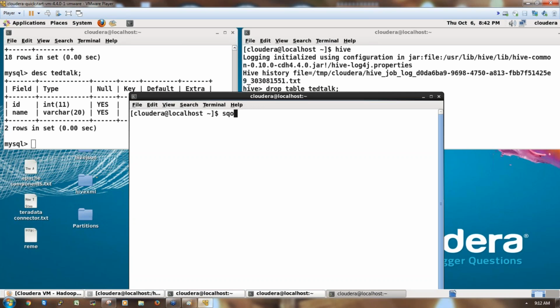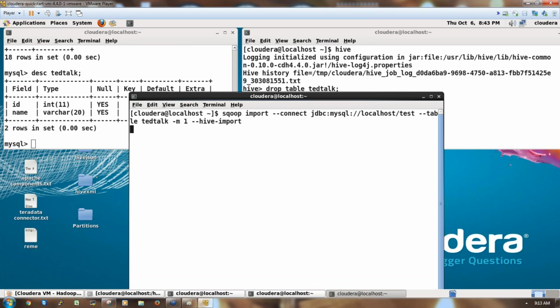So here I'm writing Sqoop, then import. Then write the connection string, connect jdbc:mysql://localhost, the database name is test, and the table name is data talk. Okay, the number of mappers I want is 1, and I want to perform Hive import. Just write Hive import,